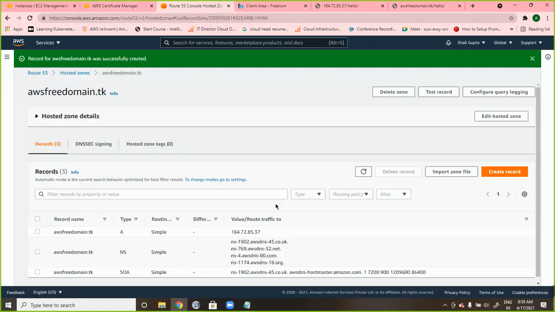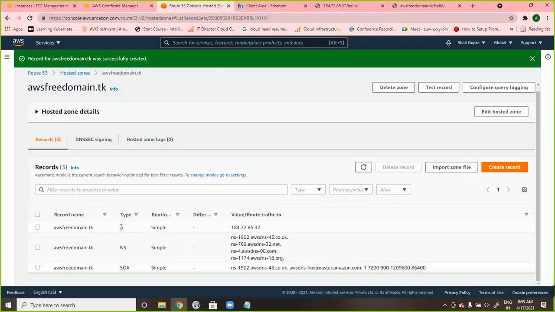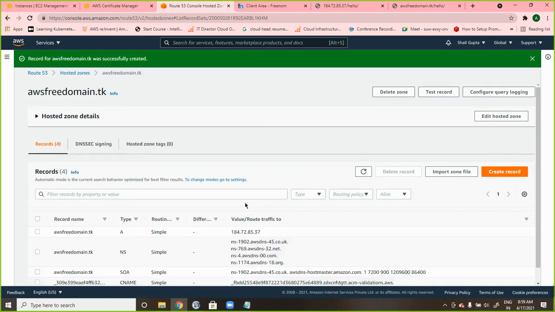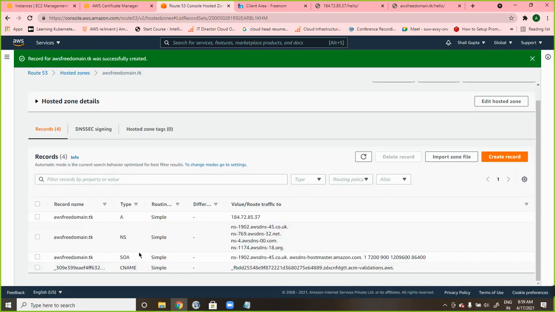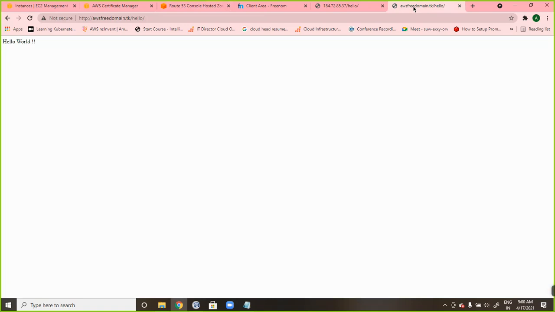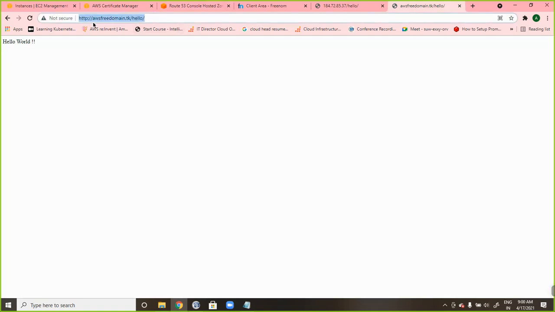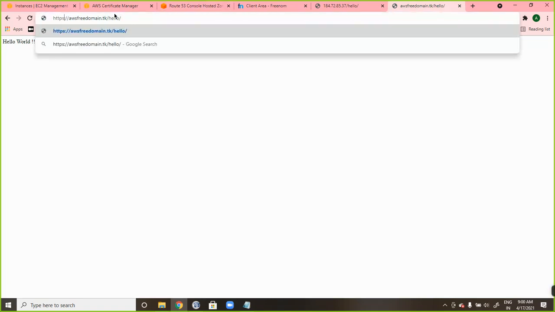So if I come here, you can see that there is only the A record that we have mapped with our server IP, with the NS and SOA that came earlier. I refresh this and you will see one more entry from this one, the certificate, right? It came automatically because we submitted over there, right? So we have got it. Here we got the certificate and the certificate is added to my domain name, right? So the domain name that I have added here, right, if I make it as